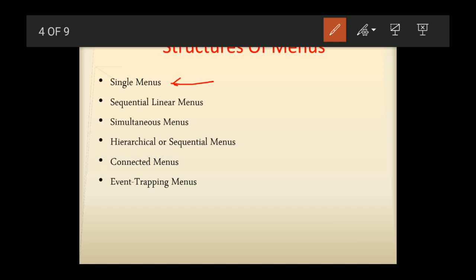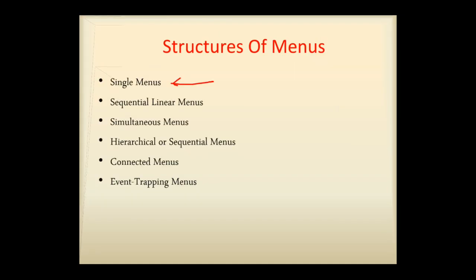So single menus can be used like this. We can also have a look at these single menus here. If you observe, this is a single menu. You have radio buttons in it and you can select any one option at a time, right?